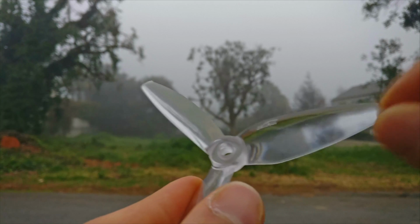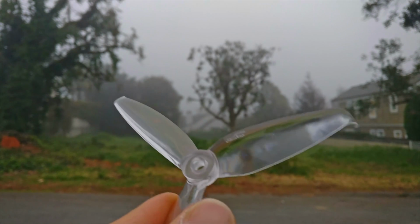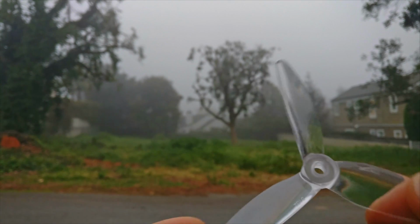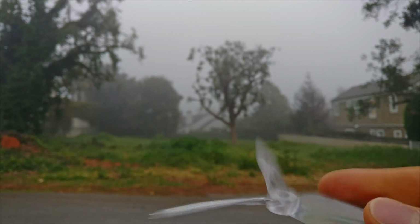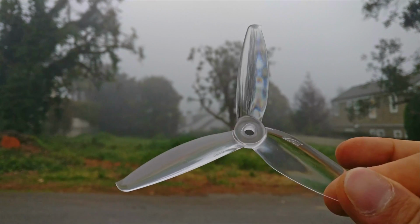It does have this vortex, and it is downward facing, so it's going to be much more efficient than it should be. And it's going to be pretty quiet. I think it's going to be a really quiet prop. I think it's going to be a really smooth throttle, and I think it's going to perform great because it's 5 grams. It's 1.2 grams lighter than the Racecraft prop, so it will have